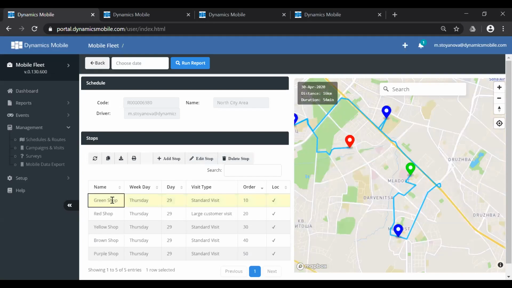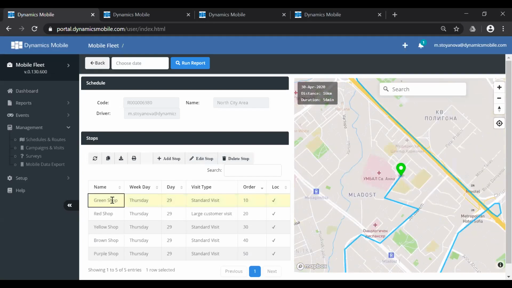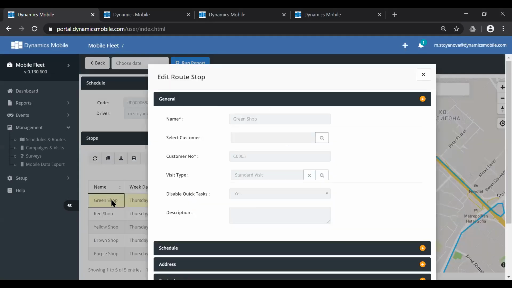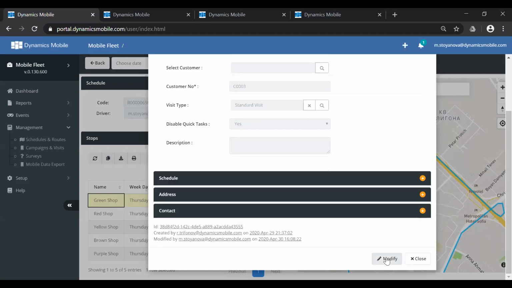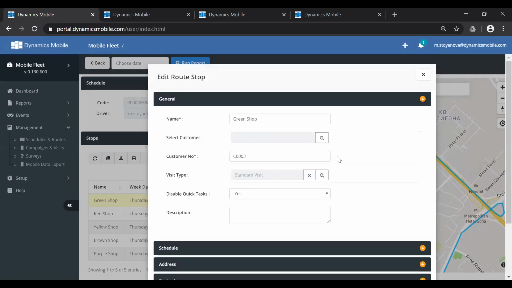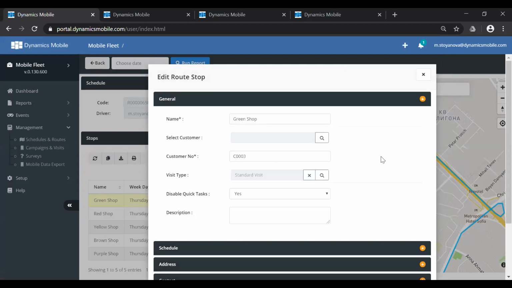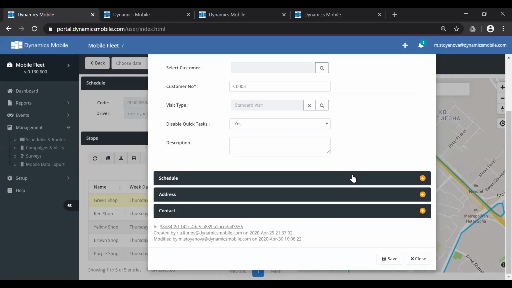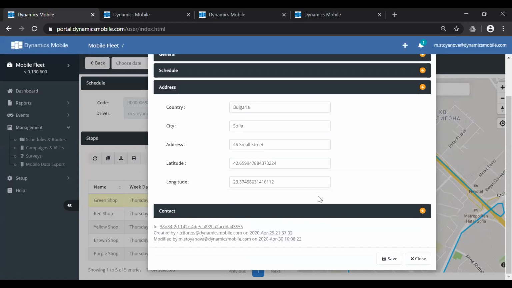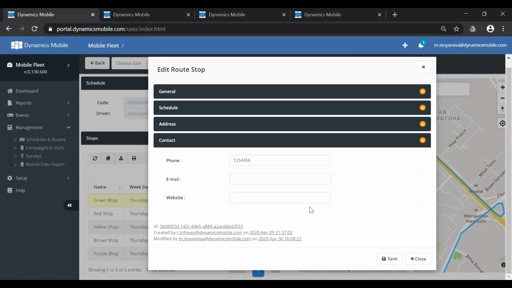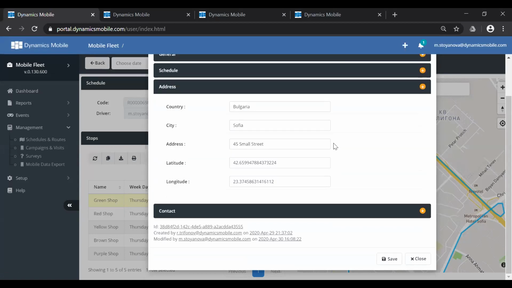Let me click on, let's say, the first user, and let me show you what else you can do. So first of all, this is the customer that you can assign. So you can choose from the customer list. Whenever you assign a customer from already existing customers, this will load the data right away for this customer and will automatically pre-fill the address for the customer and the contact details. They can also be entered manually.